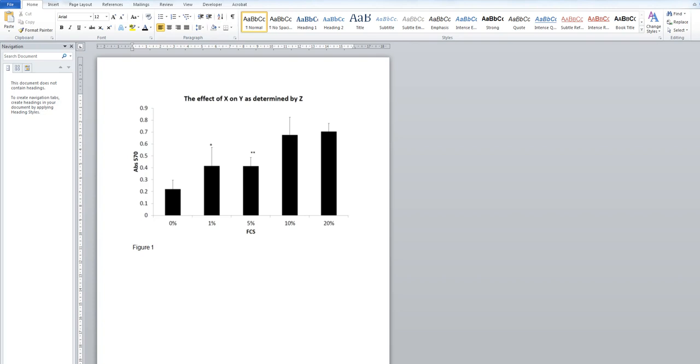You can then write your figure legend. And your figure legend should really be explaining in a couple of sentences what the graph is about, a brief interpretation of the result, and define what statistical test you have used. So if you've used an Anova, you would put P, let's say P less than 0.05